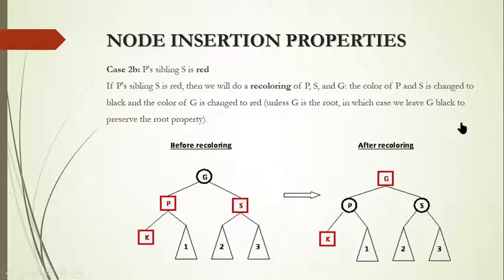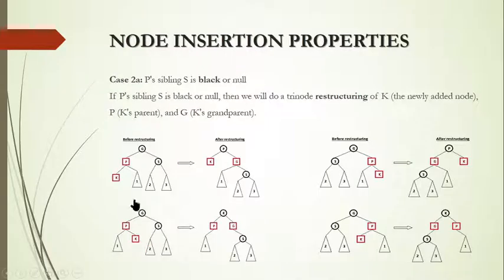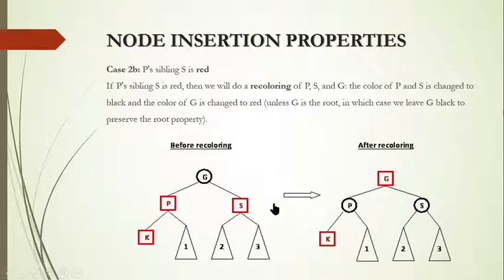Okay, here we don't have any rotations. Rotation happens only in this case. In this scenario we have the rotation. In this scenario, to avoid the rotation, I'm just changing the color. If both parent and sibling are red, change them into black and change the grandparent to red. If the grandparent is a root node, don't turn it red, it stays black. Okay, so these are the properties for red black tree.